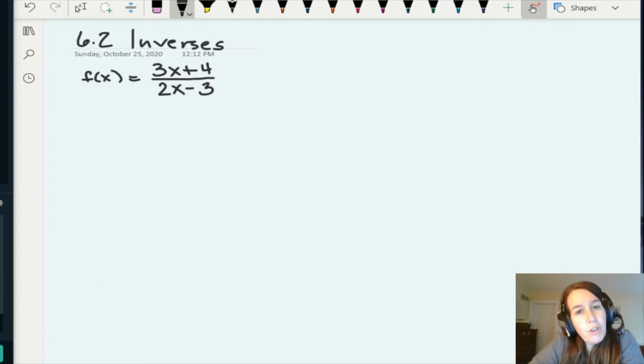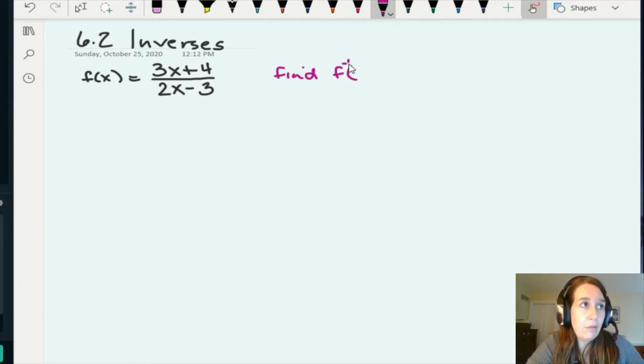So in inverses, I want you to understand how to do these slightly more complicated problems. They follow the exact same steps as finding inverses in the easier problems we've already done. But I think a lot of people get a little hung up in the algebra in these. So I wanted to show you an example or two of these to understand how to do the process. And those of you who like algebra a lot will probably really like these once you learn how to do them. So we are supposed to find